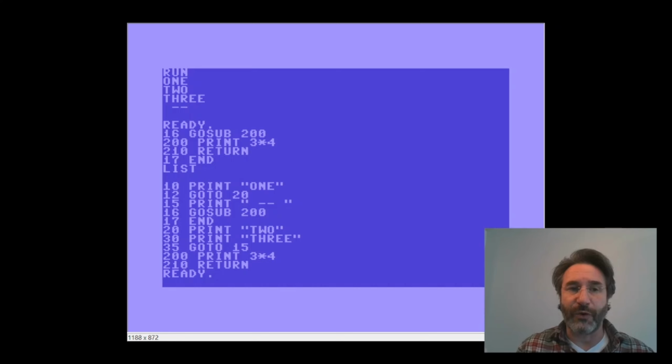So if we run this program, the very first thing it is going to do is to print the word 1, which is at line 10. Then line 12 is going to jump to line 20 because it finds a Goto 20. Then at line 20 we have a print 2, so this is what we are going to see on the screen. Then the next command on line 30 is going to print the word 3. But then at line 35 we go back to line 15 where we have the 2 dashes, and eventually we